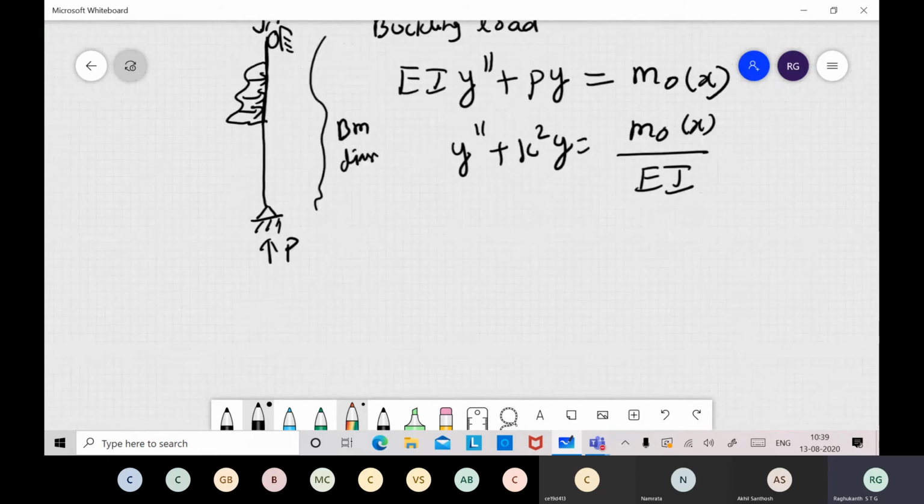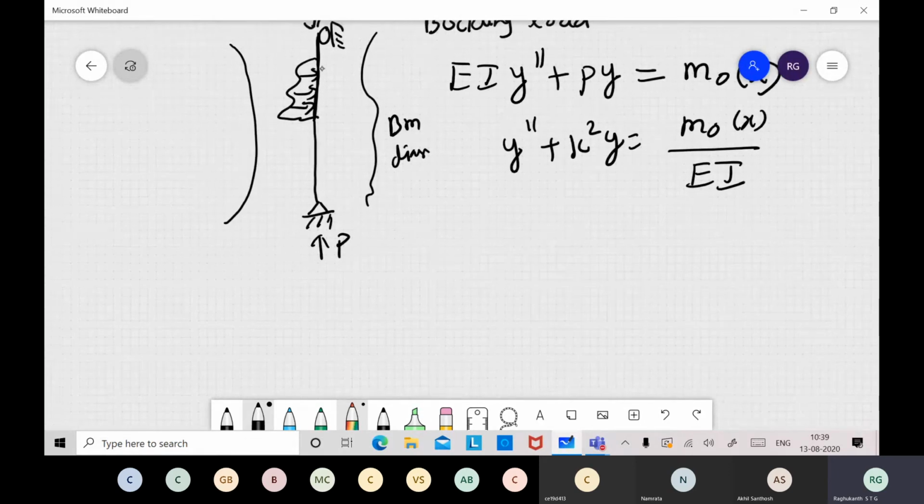Now how do you solve this type of problem? You can have a complicated bending moment diagram. Suppose the load was a UDL, then the bending moment diagram will look something like this. If the load is complicated, with concentrated loads at different places, different variety of shapes will come. So what do we do? Like in the last class I already told you.